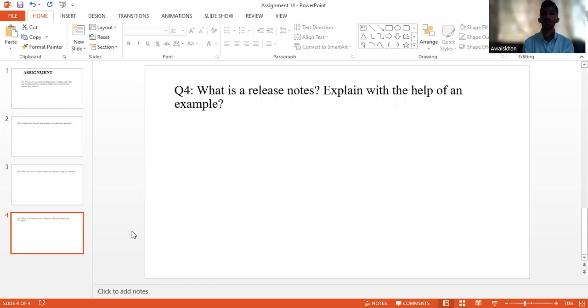Then the fourth question: what is a release note? Explain with the help of an example. A release note is a document. If the software is old, the document will consist of what functionalities are changed, what new features are added, or what bugs are fixed. For example,